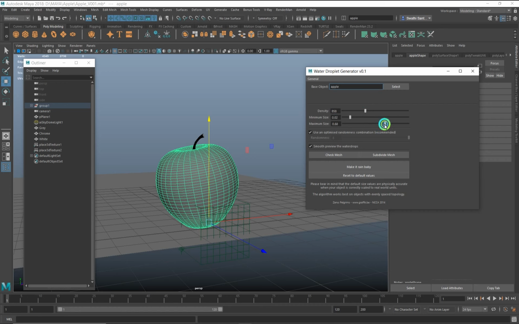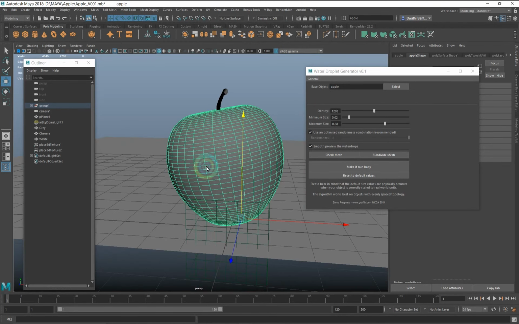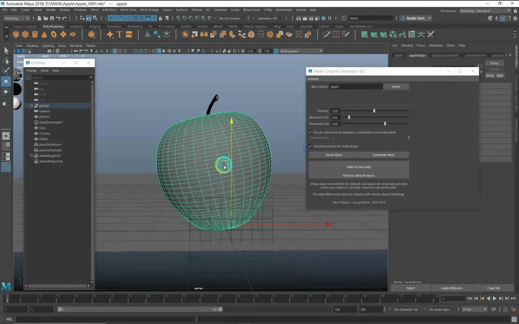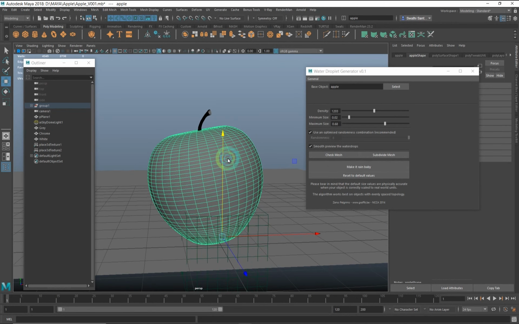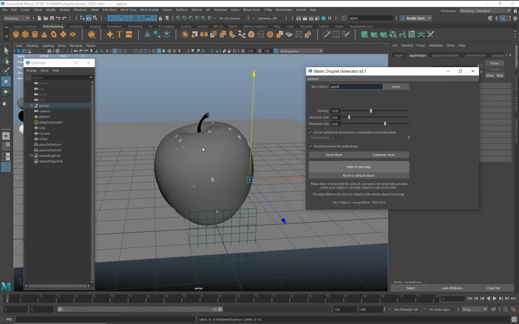We can create variations on the water drop sizes, and the density controls how dense the population will be on the surface. So you can adjust the settings and just click on make it rain. It will start creating these meshes on the selected surface.